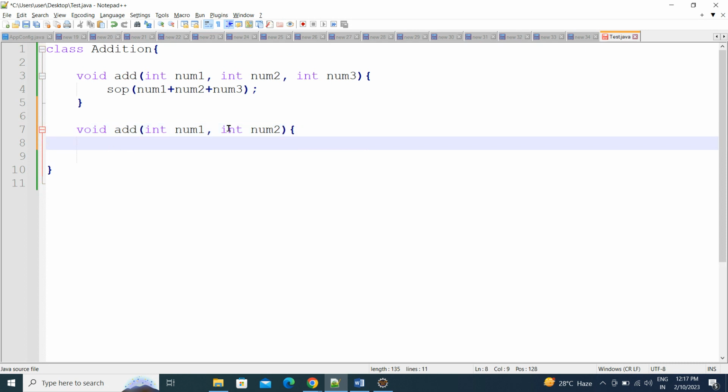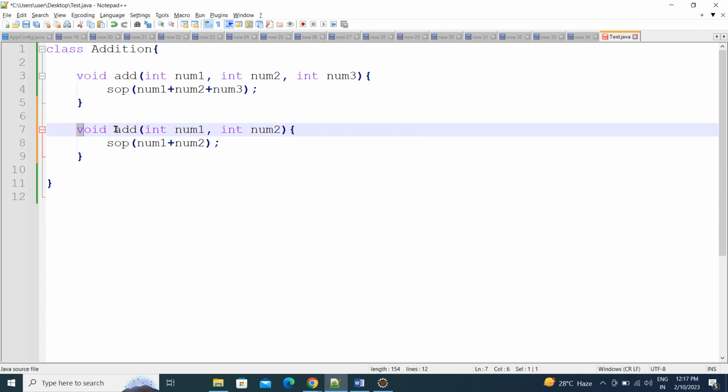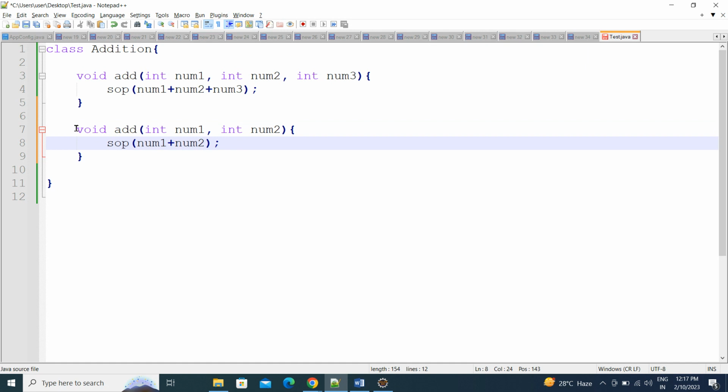Now open SOP of num1 plus num2. If I'm passing to the method two parameters, 10 and 20, then internally it will check